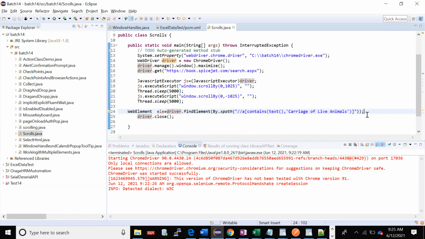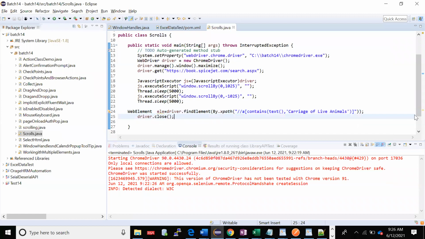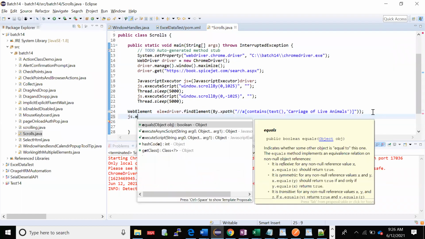Okay. Now I told you the second way, which was that you need to pass this argument. Here also it takes 2 arguments, but in this format. You need to write arguments[0].scrollIntoView. You don't have to remember so much. It will take 2 arguments, one as the element and one as this prerequisite value. Now I'll tell my JavaScript Executor js.executeScript.